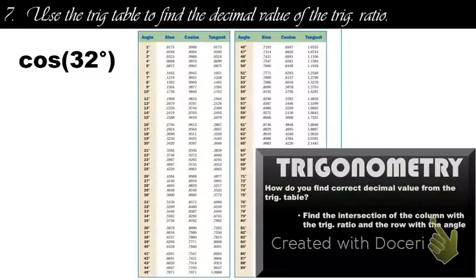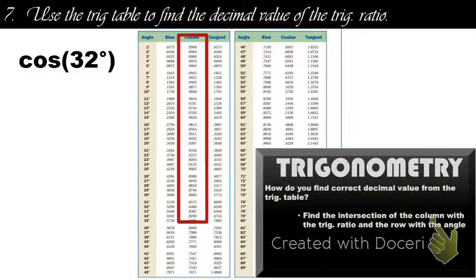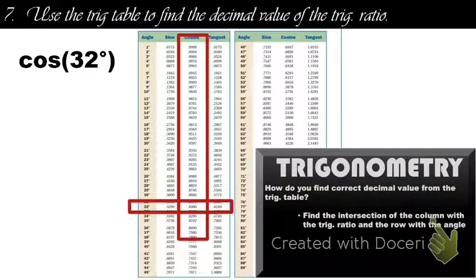So here is the cosine column, and here is the 32 degree row, and the cosine column and the 32 degree row intersect at